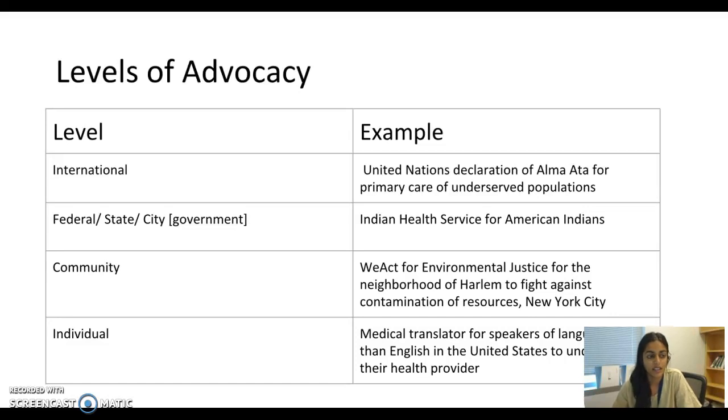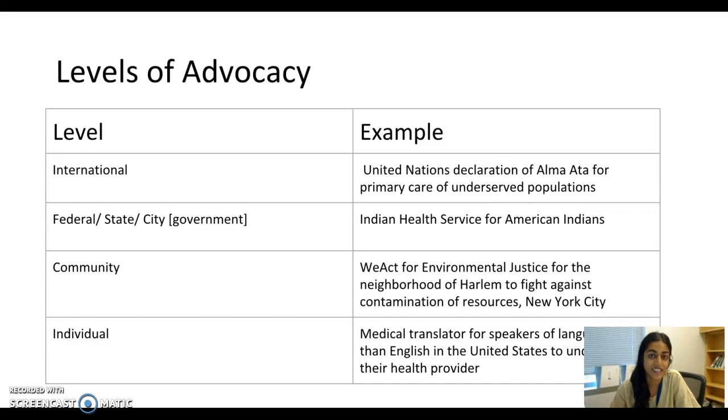And on a federal level, there's organizations such as the Indian Health Service, which is an actual part of our U.S. government, which advocates for the needs and health of American Indians and directly provides health services as well as a